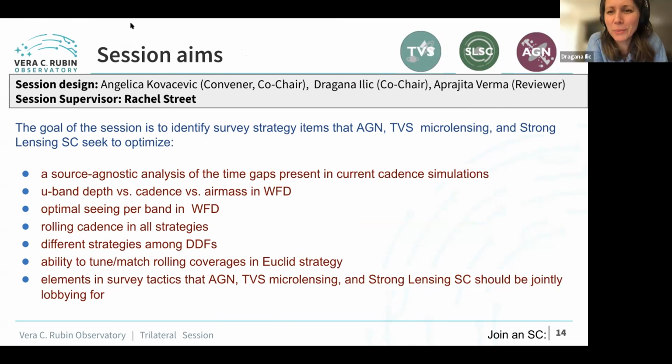So we have a few minutes left for some discussion, and we put up a slide with the goal of this session, which was to identify the overlapping items between the three subgroups within the science collaboration. We just want to take up either some of the topics that we put here or any suggestions from the community related to the topics presented. There were some comments in the chat related to Timo's plot. If you want to comment on this, Timo, or I can read it out.